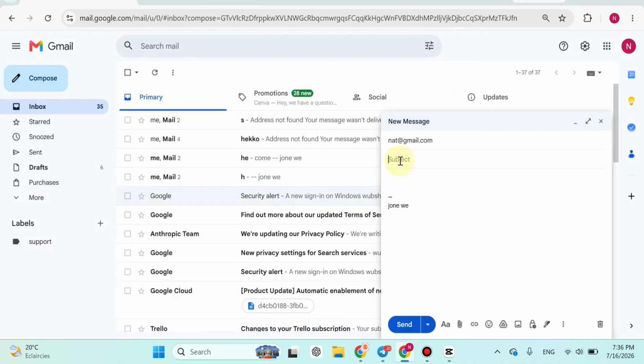Next, click on the Subject field and enter a short title for your email. Then, click in the large message area and type your email. You can use the formatting options at the bottom of the message window to change the font, text size, alignment,